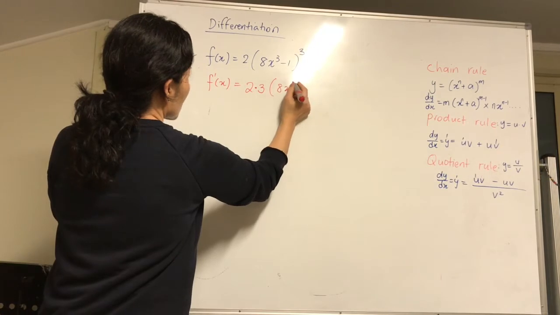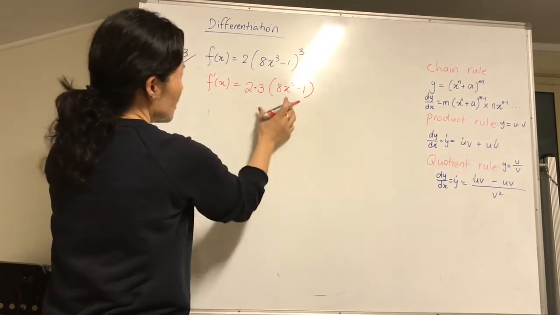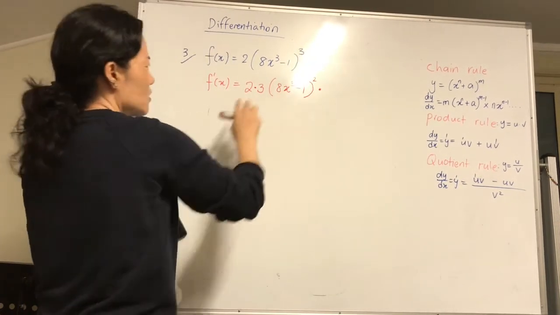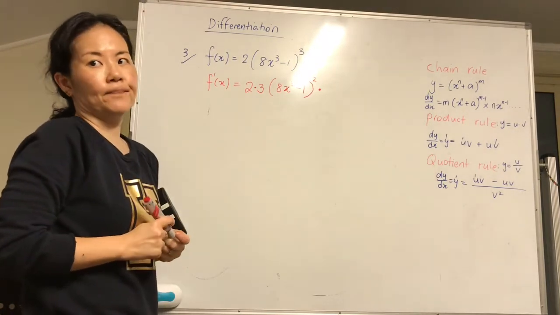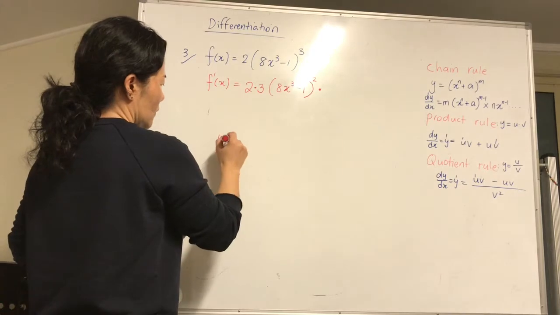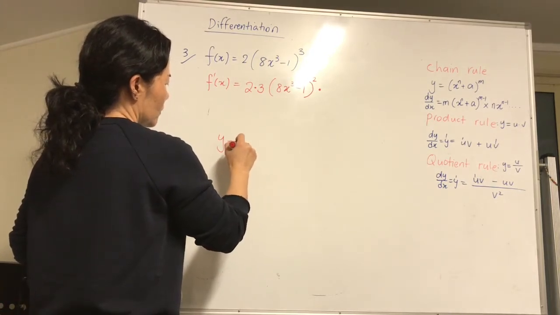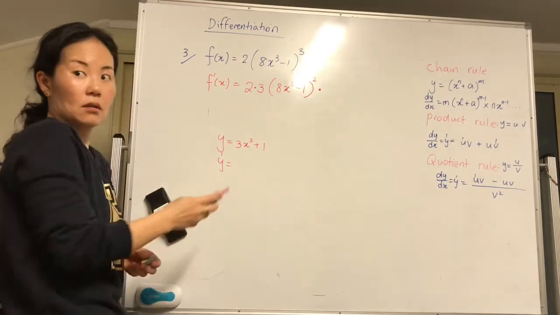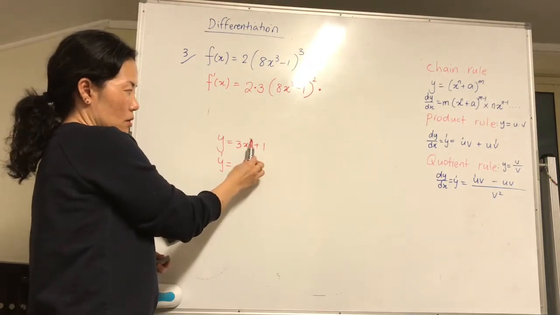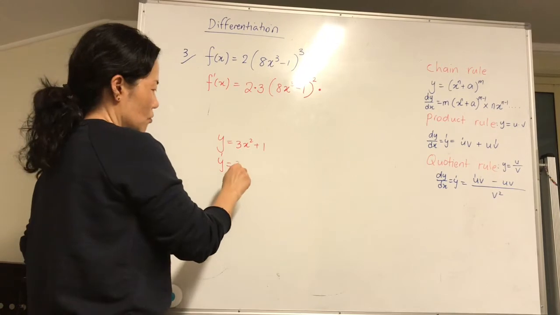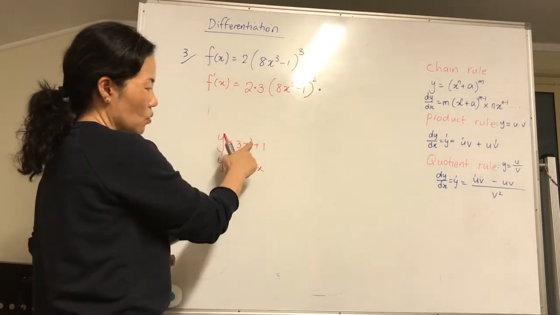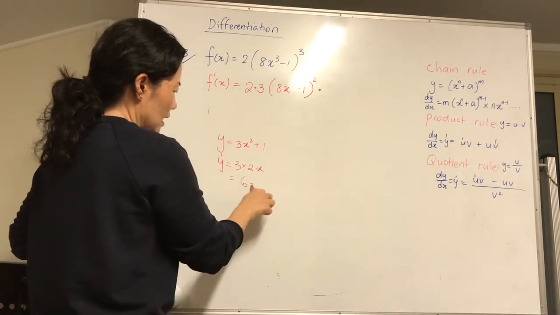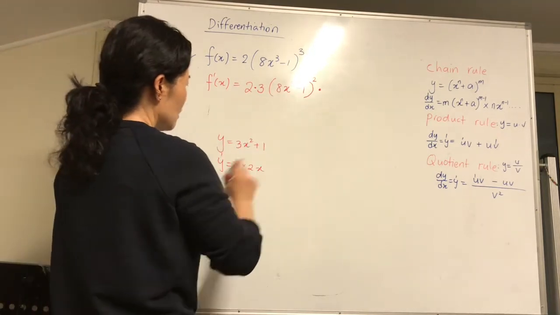And 8x cubed minus 1, it's still all the same, but the only thing that's going to be different is the power, isn't it? 2 times, what's the derivative of 8x cubed minus 1? If it was 3x squared plus 1, what would be y dash here? Still same operation here. The power goes to the front, so it'll be 3 times 2 x power 1, isn't it? 2 minus 1. So 1, I'm not going to put that in, and the constant disappears. It'll be 6x, wouldn't it? So here, so therefore,